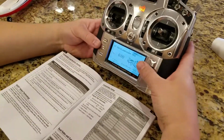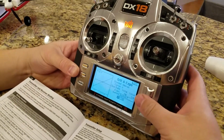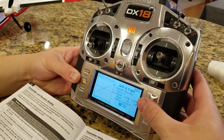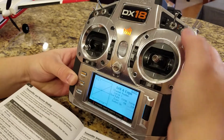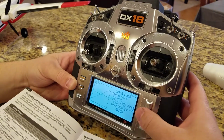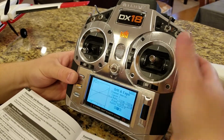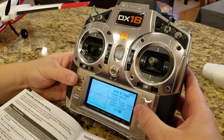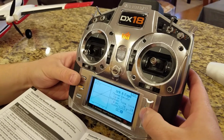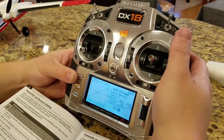Okay, great. So now expo, dual rates and expo. For ailerons, I'm assigning it to this switch, switch F. For elevator, I just find it's easier to do this. Whoops. It's easier to do the assignment of switches all at the same time. Otherwise, it's easy to screw up. Okay, so ailerons, let's start with 10, and then let's go to 20, and then let's go to 30. And this is just kind of like my default setup. It's my go-to setup. Okay, so same thing here. We're going to set this to 90. And then we're going to set this to...